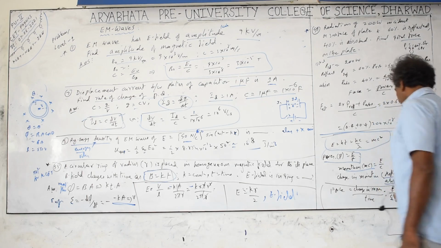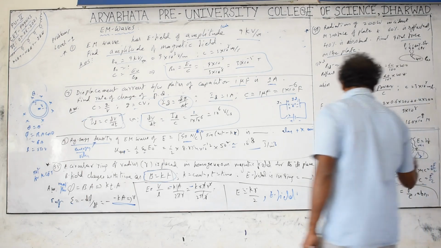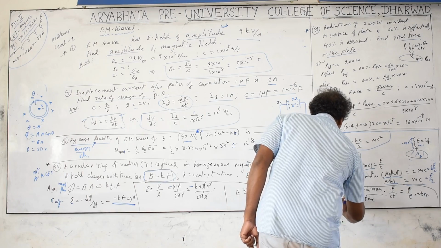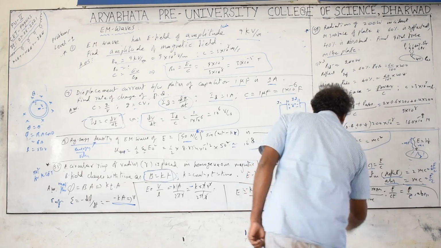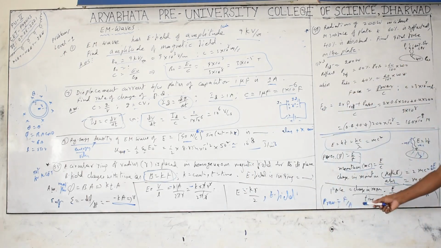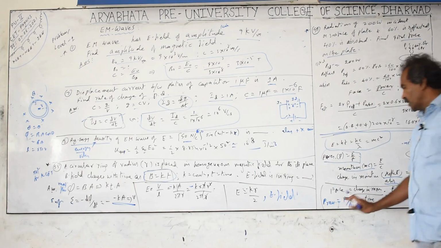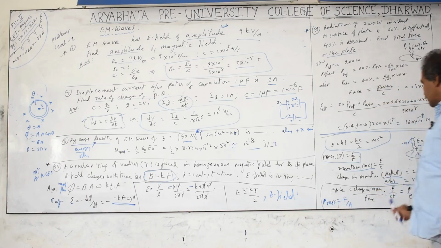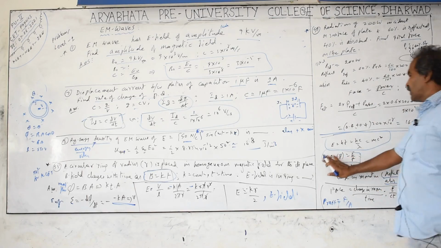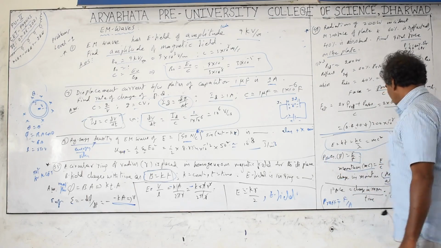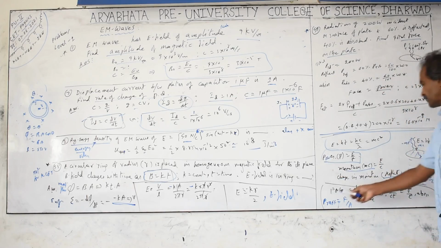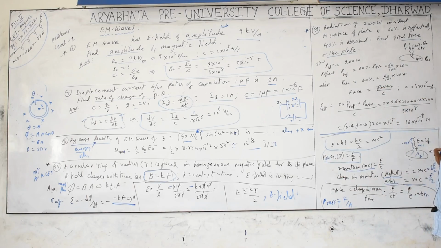Next, P is power. Sometimes they will ask what is the pressure exerted on the plates. Pressure is equal to force by area. The symbols are the same for momentum, pressure and power, so be careful with that. We generally take P for all of them, so it is better to write in words to avoid confusion. Pressure is P, momentum is P, and power is P. So I am using the symbol P only for power, and the rest I am writing in words. Sometimes they ask what the pressure on the plate is: pressure equals force by area. If they give a circular plate, the area is pi r squared, which you have to take.